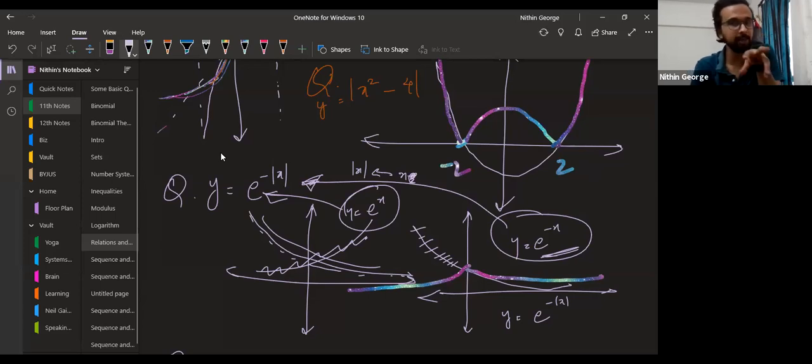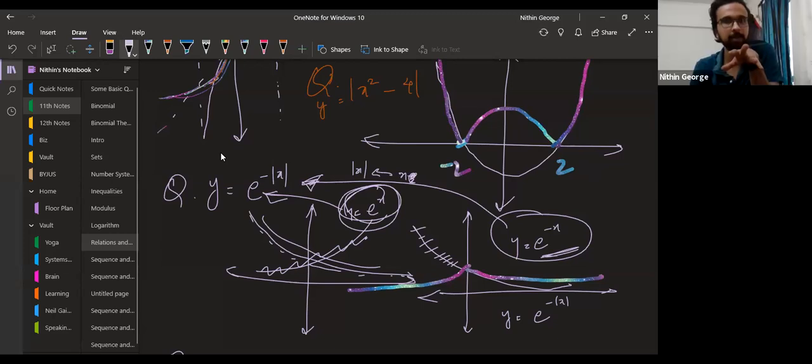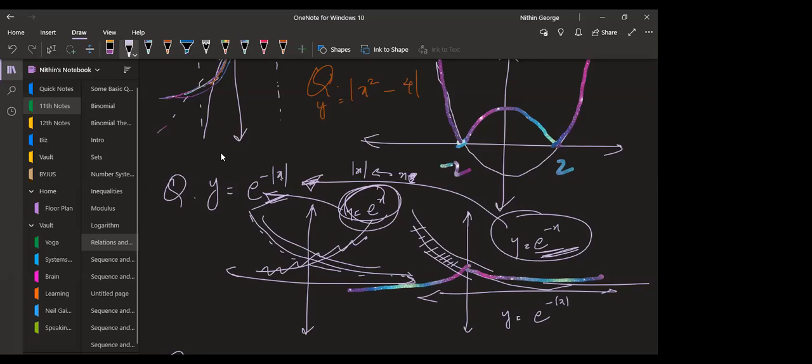Yes, sir. So we are tending towards, like, from something we know, we are going towards something we don't know right now. Okay. So here I'll replace x with minus x first. Then I'll put a mod on top of x. Once I do it with minus x, I just see how the graph looks. It'll be like this. But then once I put a mod, I know that all the negative values of x will be going as positive values into this function. All the negative values for x will be a waste, because it will go as a positive value, e power minus some positive value. So whatever positive value was here will be the same value here. Got it? Yes, sir. Got it.